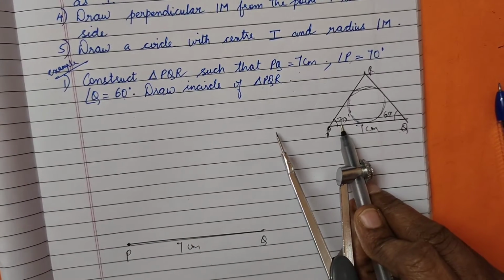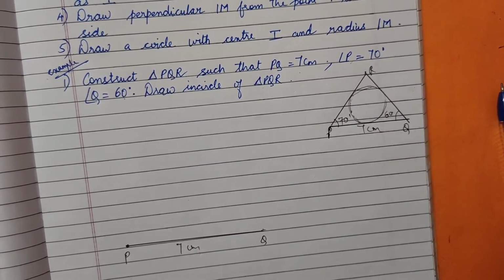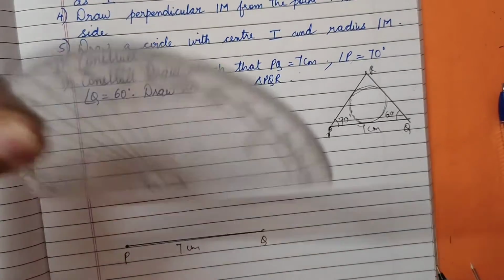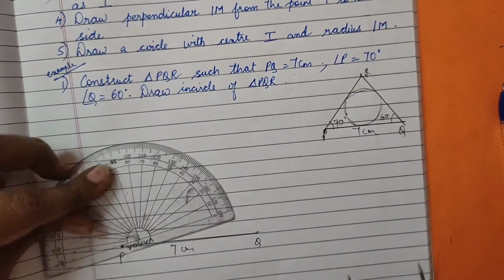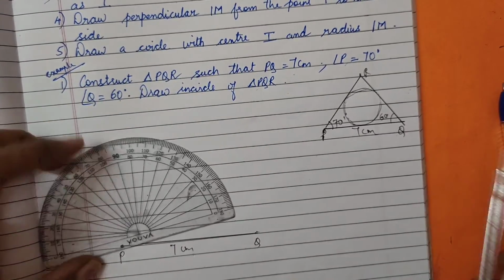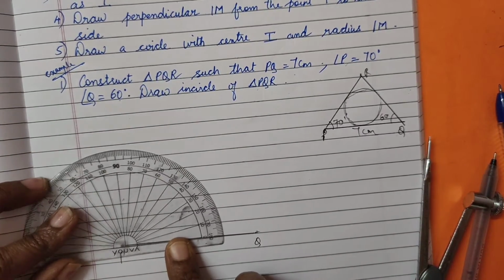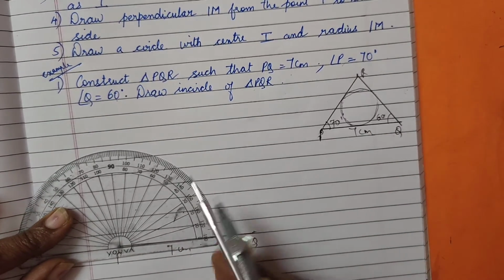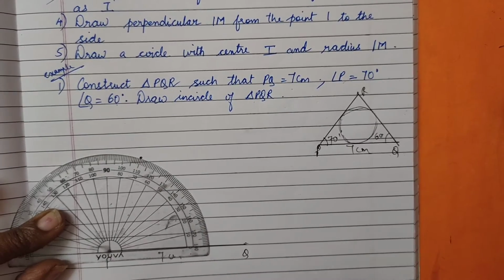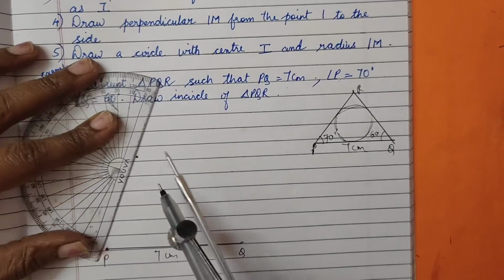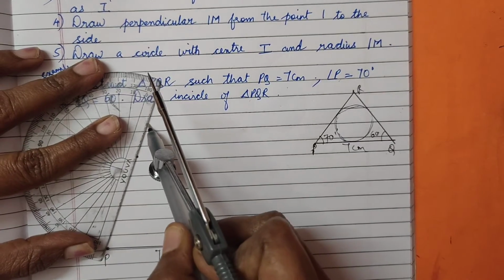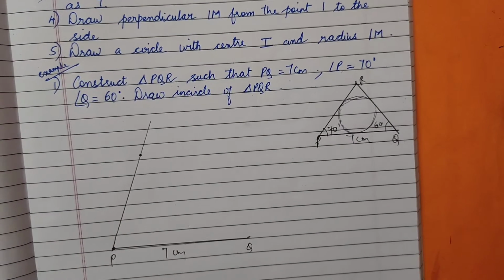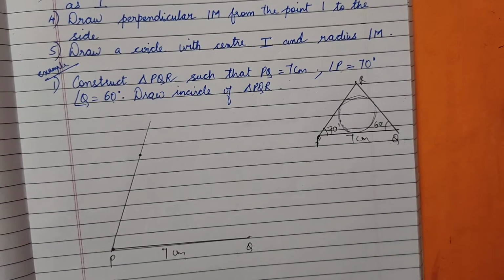Done. Now 70 degree. There is no other length given, so I am going to draw a triangle with this 70 degree. I have taken my protractor here for 70 degree. So I should keep it here. You have learned in lower classes how to draw a triangle and all this. The center of the point here, from here I am drawing a 70 degree. First we have to draw the triangle, 70 degree here. So the point I have kept. Now you can join this one, a little bigger here. Done. You have to do it very accurately and perfectly, only then the in circle will come out right.